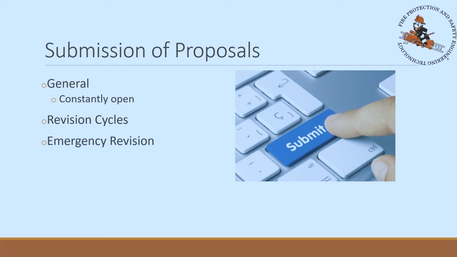Now, after some period of time has elapsed, UL will periodically have the technical committees, technical panels, review the standard to make sure that everything is still applicable. You cannot have a standard that was adopted 50 years ago and no one's ever looked at it since then. But it is open for review at all times, and a technical panel can go back and review it at any point they so like. There are times where UL can set up revision cycles if there's one that they know needs significant work,